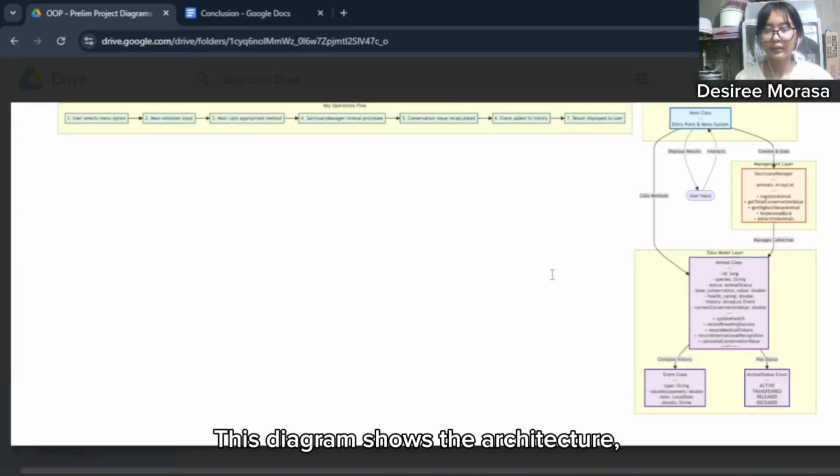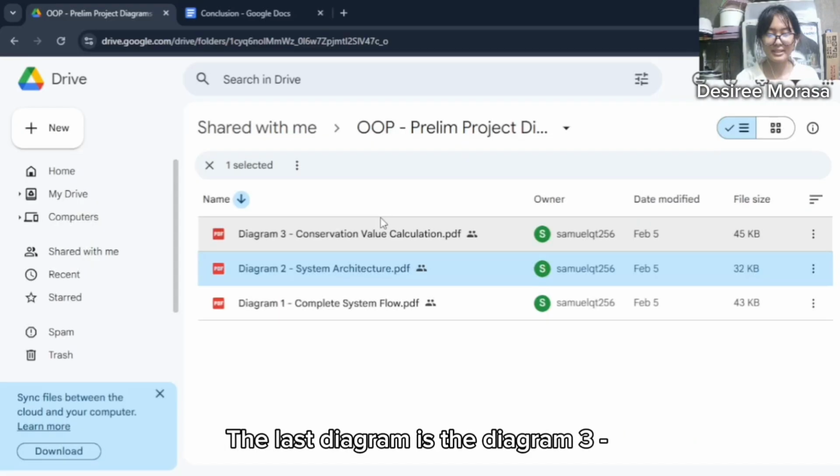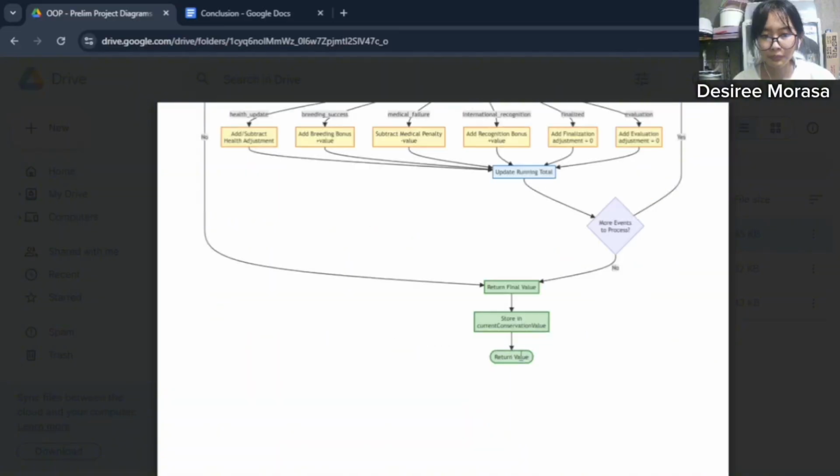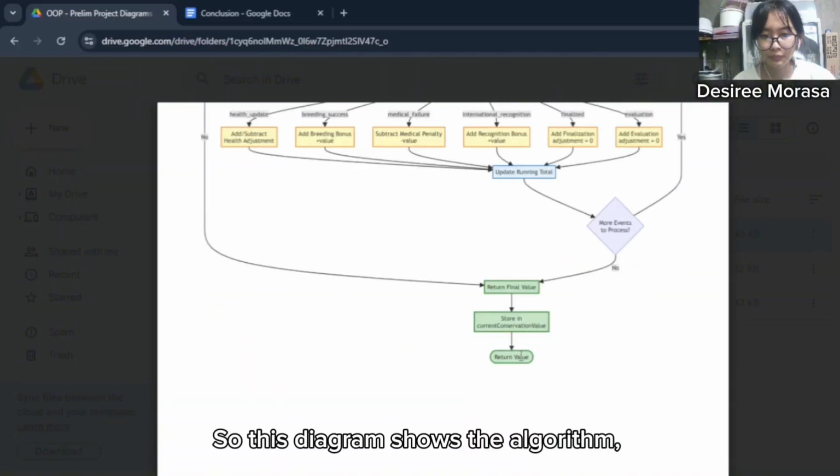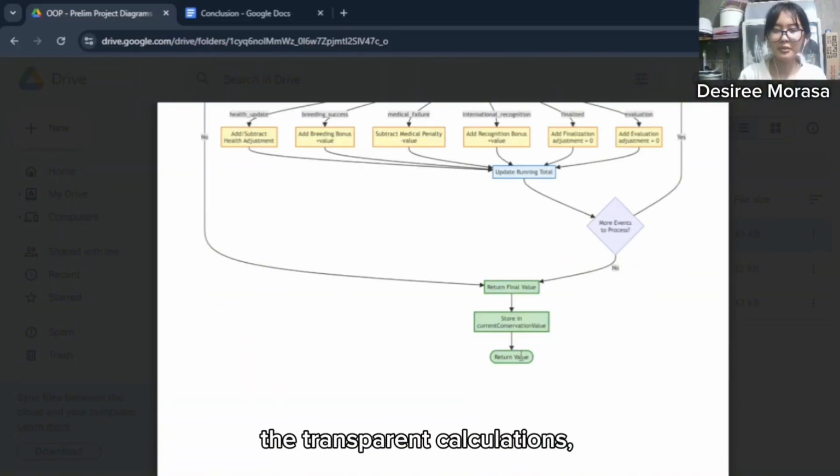This diagram shows the architecture, the three clean layers, the clear responsibilities, and the maintainable design. The last is diagram number 3, the conservation value calculation. This diagram shows the algorithm, the transparent calculations, health-based multipliers, and the complete event history.